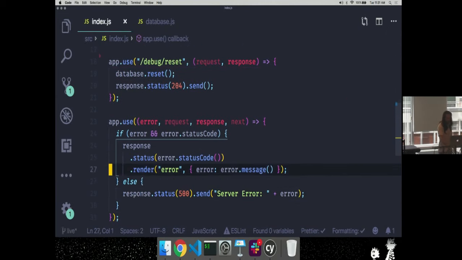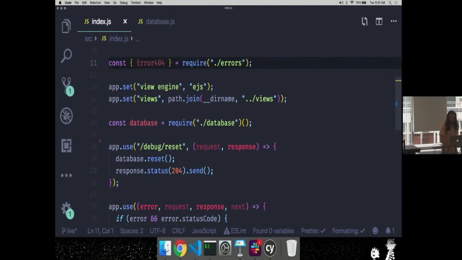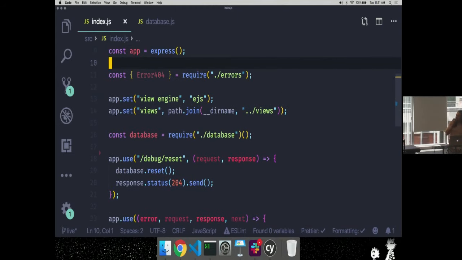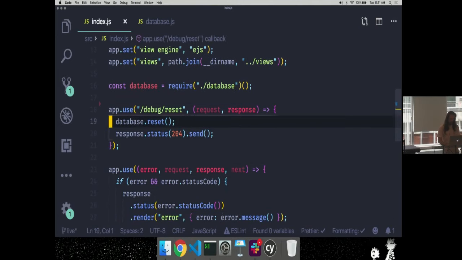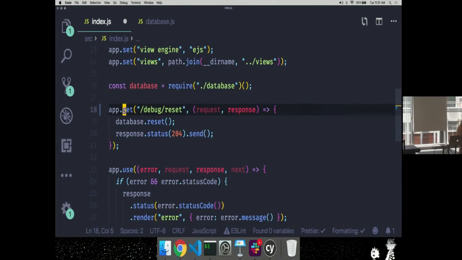All right, so now our server is pretty boring. It doesn't do anything. Actually, there's two things right now. I've got one. Actually, that should be I think a GET request. I mean, actually, this should be a POST request, but this is just helping me test. I'm going to leave it there because it's just helping me test.